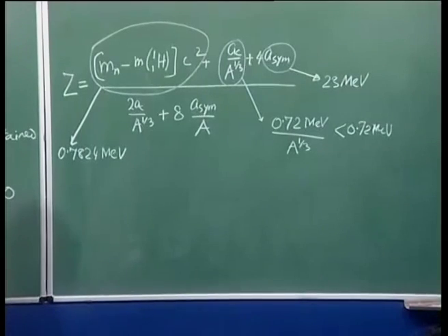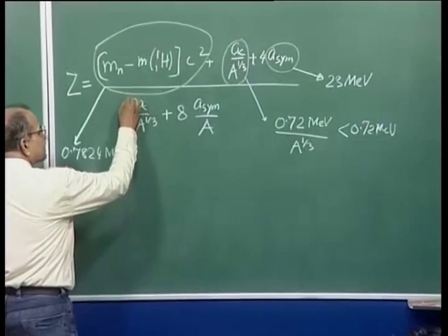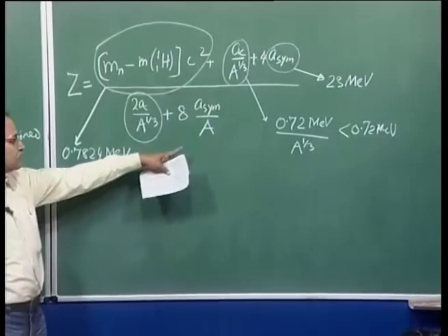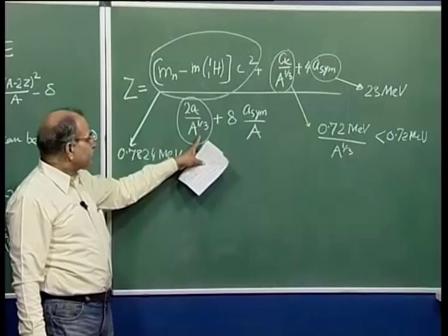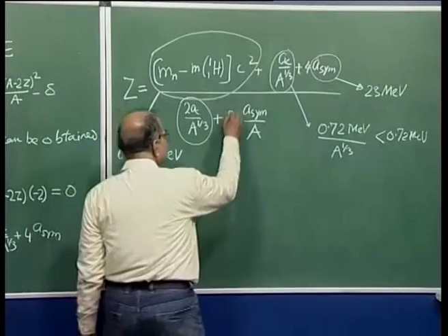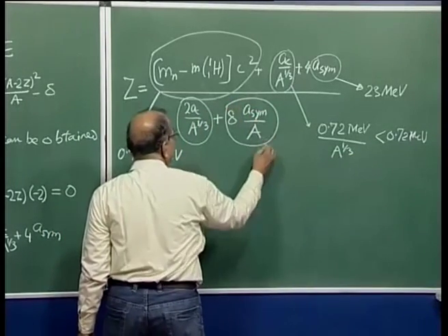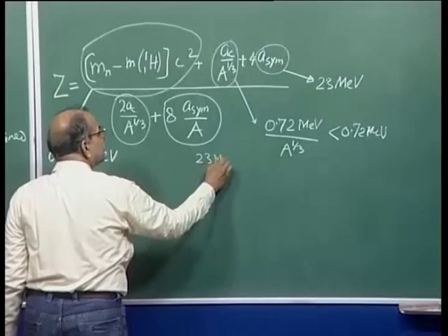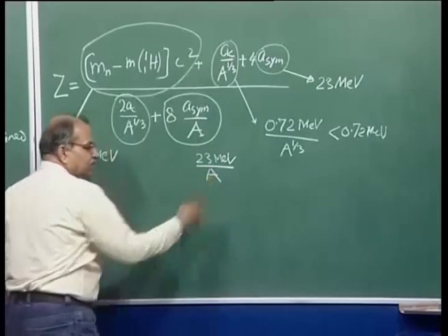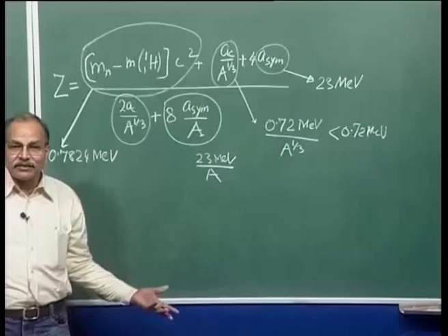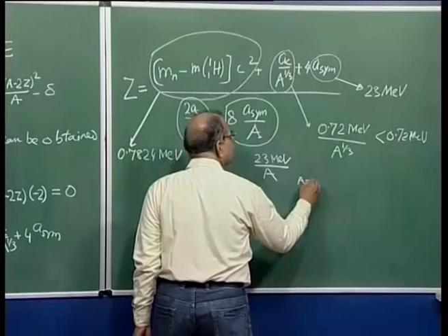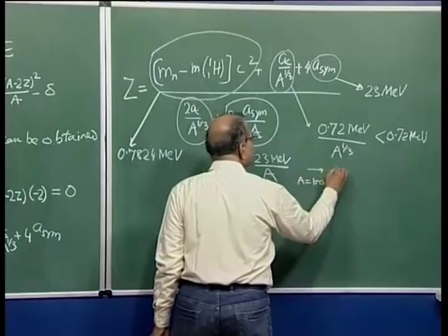You can also look at the denominator. What are the relative things? This is AC by A to the 1 by 3, so this is already there. This is already there. Okay. This will be around or less than 0.72 MeV. And what is this? Asymmetry is 23 MeV. But then it has to be divided by this capital A. And we will be talking of capital A equal to 100, 200, 150, 50, etc. So if I take A equal to say 100, then this becomes 0.23 MeV,